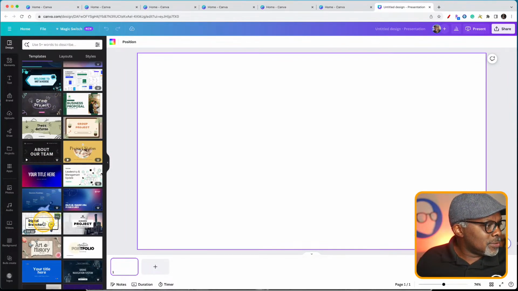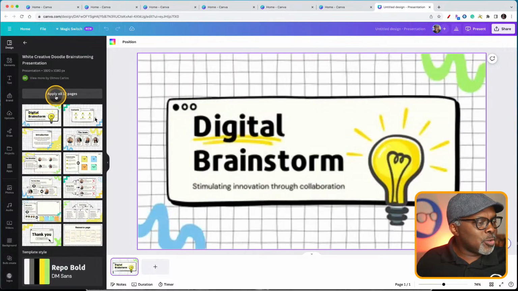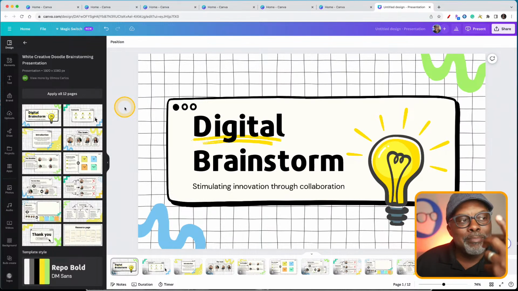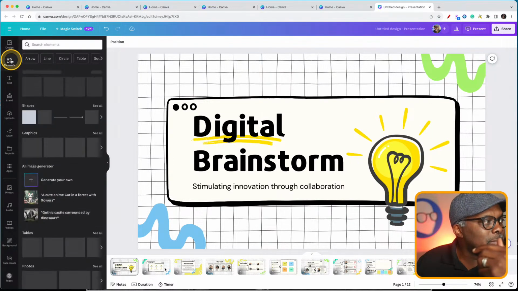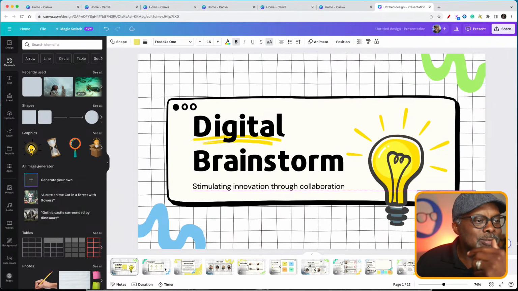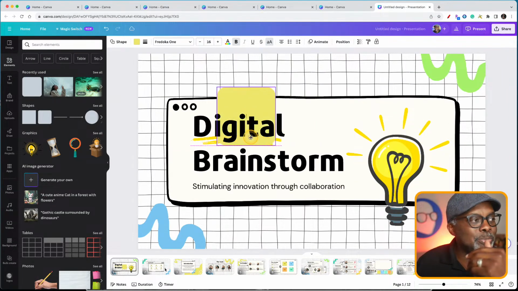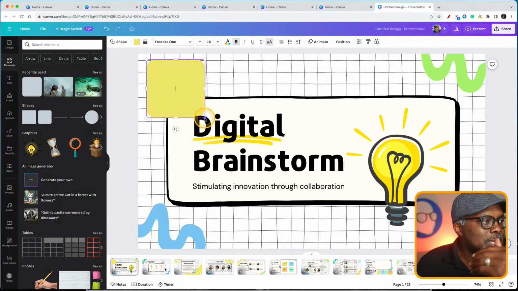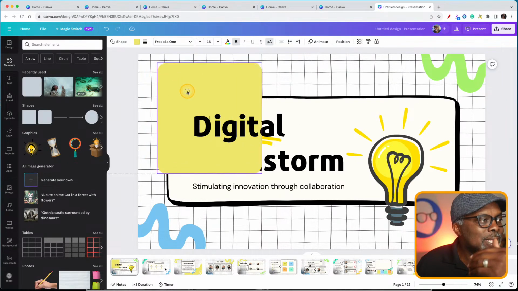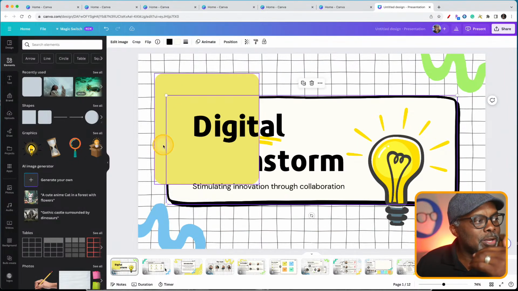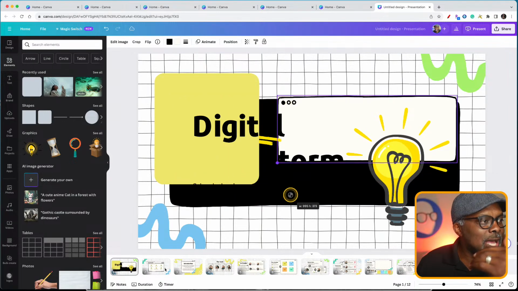So we're going to pick a template. I'm going to say add all 12 pages. Now, what I would do with this, because I want to build this with my video window in mind, I would then go to Elements, and I'd put a rectangle somewhere. Now, see down here? That's typical. That looks like a typical design. Doesn't look special. I'm going to make a video window where I look like I'm part of the presentation. So I'll put a little rectangle there, and I'll start redesigning these slides